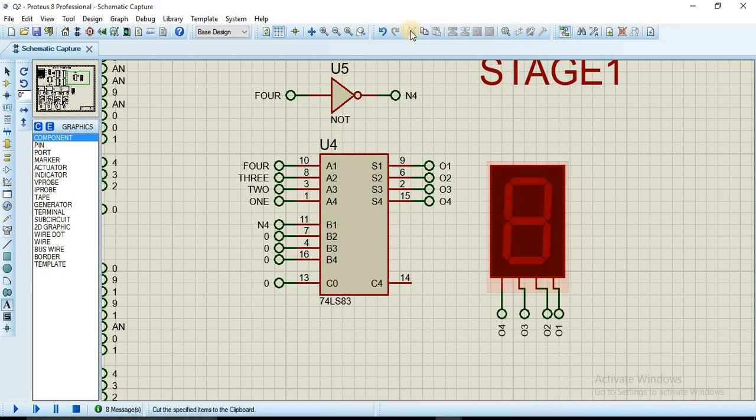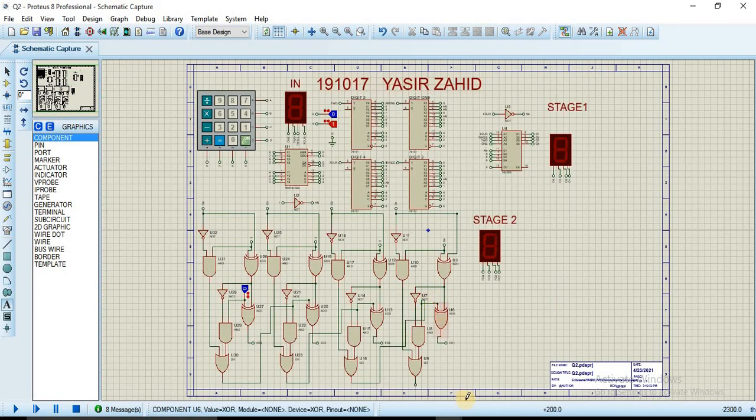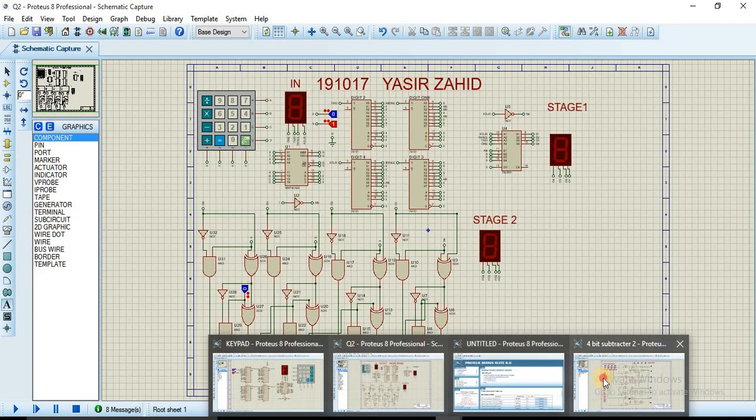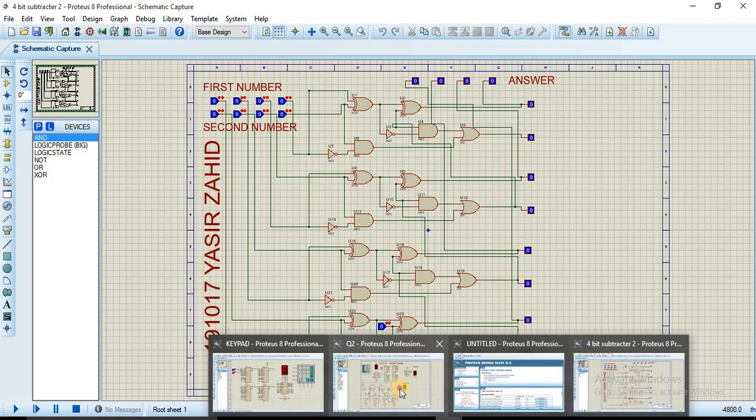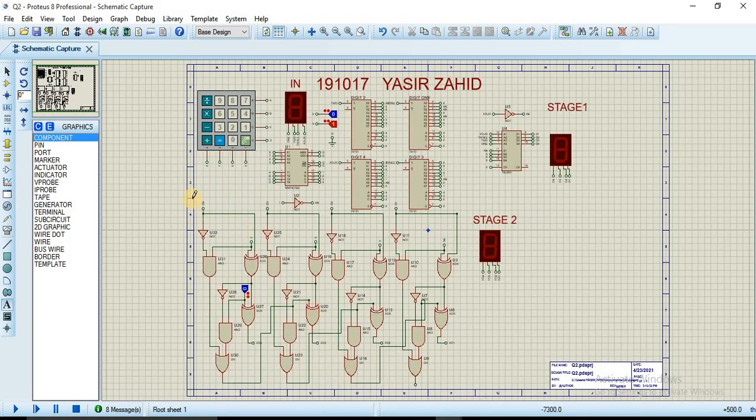Now in the next stage, the circuit I have used is from our previous task we did back there. It was a 4-bit subtractor. I just iterated the circuit, replaced some of the probes and used the circuit to meet my need, since none of the subtractor ICs was working perfectly. So what I have done here in the subtraction part is,